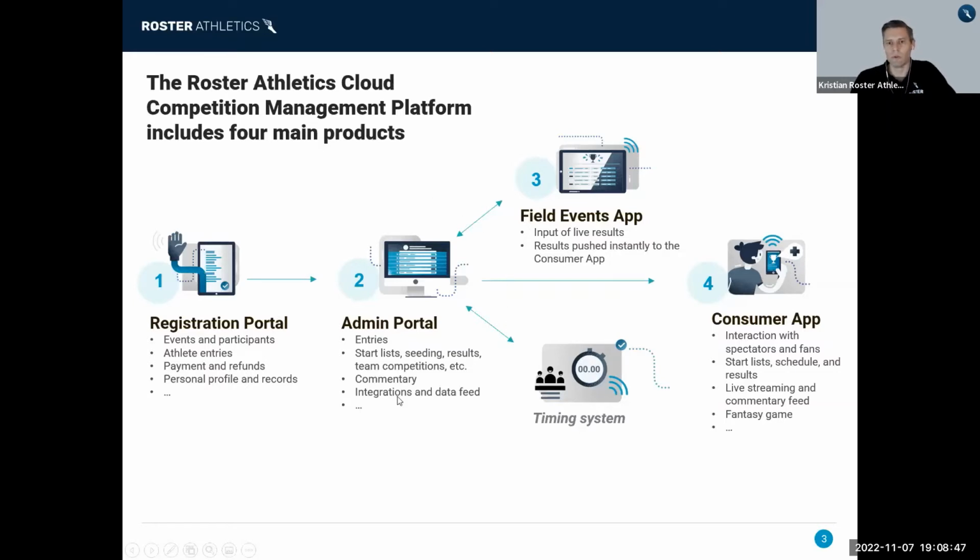Moving to number 2, the admin portal, and that is what Vicky will spend the majority of the demo on. That is where you as an organizer create your meetings, set up everything about the meeting. You have the schedule, timetabling, you can do all the seatings, and of course you can run the actual meeting. There is a big part of running that meeting that is linked to the consumer app, and I'll come back